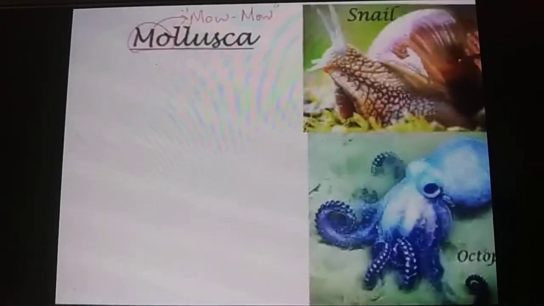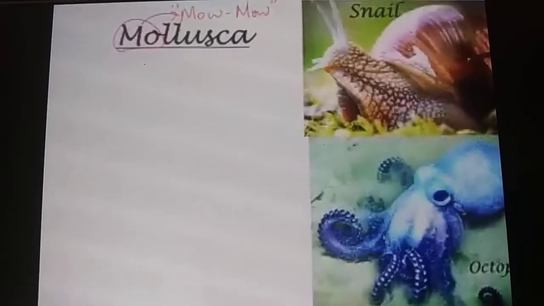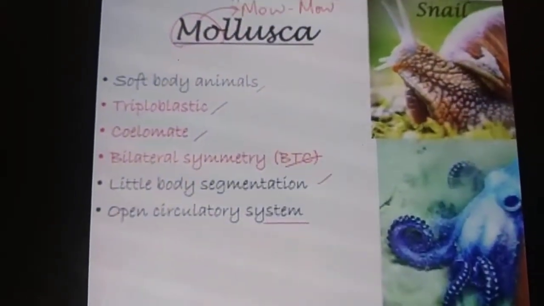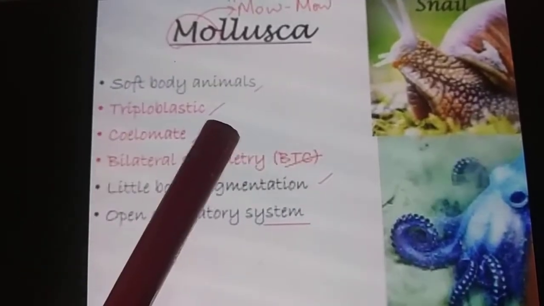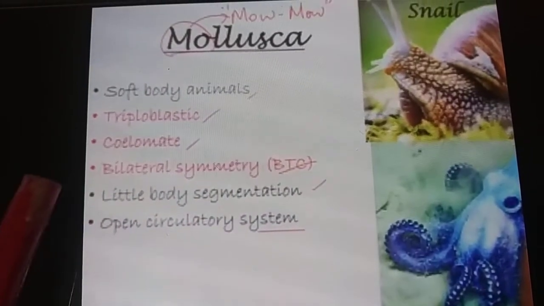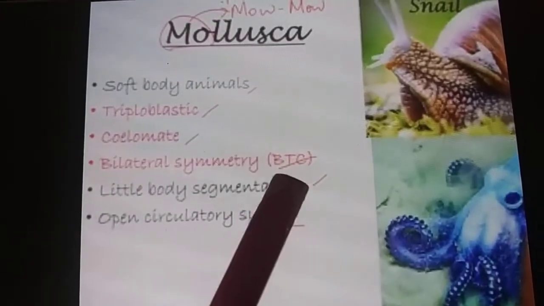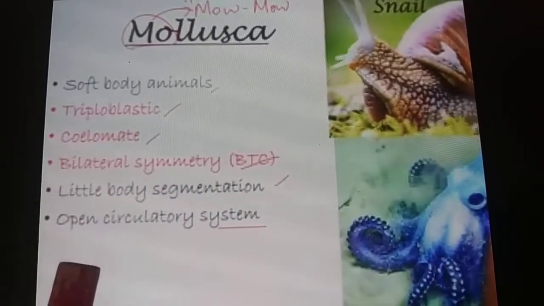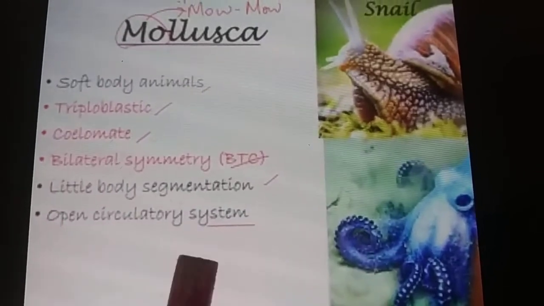The next phylum is the Mollusca. Mollusca is nothing but soft. In the animals of this group, there is bilateral symmetry. Mollusca are the soft-bodied animals. Even these are BTC. Yes or no? That is bilateral symmetry, coelomate, triploblastic. No need to say again and again, right? Once you remember this, these are there. Once it is developed one after the other, these are present in that. What is the difference now? Little body segmentation. Open circulatory system.